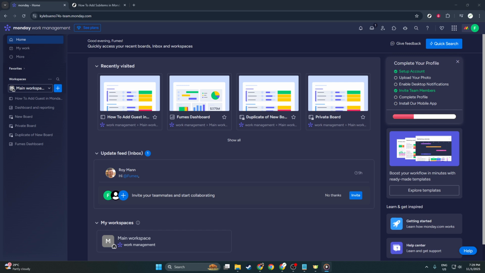Let's start this process by navigating to Monday.com. Make sure you're logged into your account. Once you're on the home page, it's time to dive into the board that houses the task you wish to break down further. So locate and click on the specific board you're working with. Finding the right board should be straightforward if you've labeled them clearly or arranged them in a way that makes